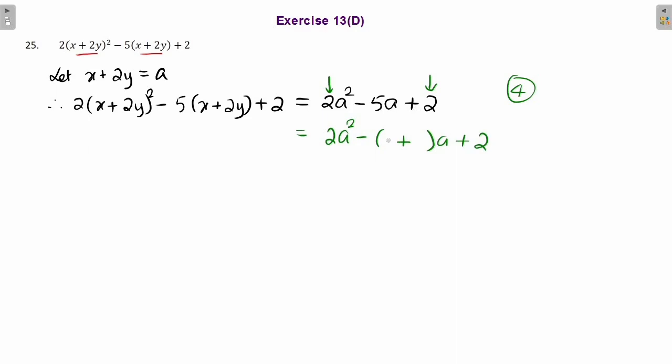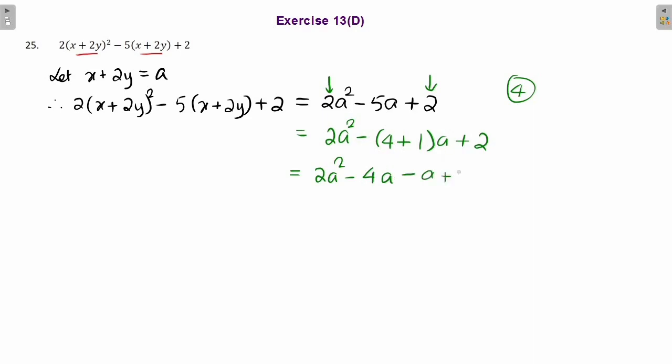Now search for two numbers whose sum is going to be 5 and the product is going to be 4. Obviously the numbers will be 4 and 1, isn't it? Okay, so the numbers will be 4 and 1, because 4 into 1 is 4, 4 plus 1 is 5. Now open the bracket. So you get 2a square minus 4a, minus into plus is minus, 1 into a is